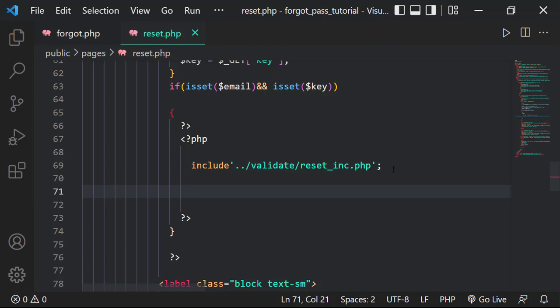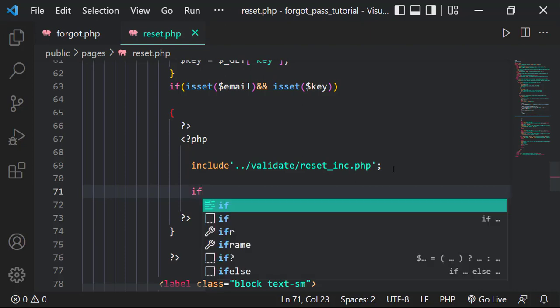With the help of that, we can have the success or the failed message on the reset.php. To grab that session in the reset.php, we're going to have an if statement,